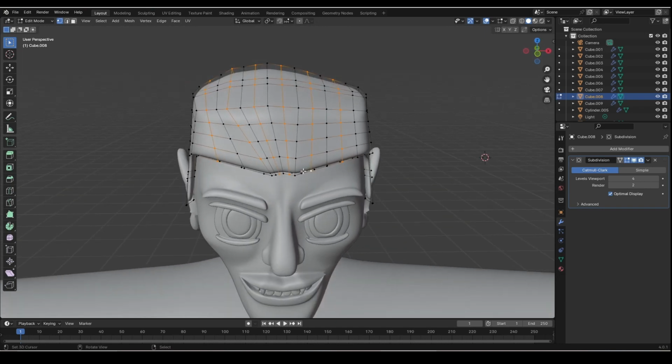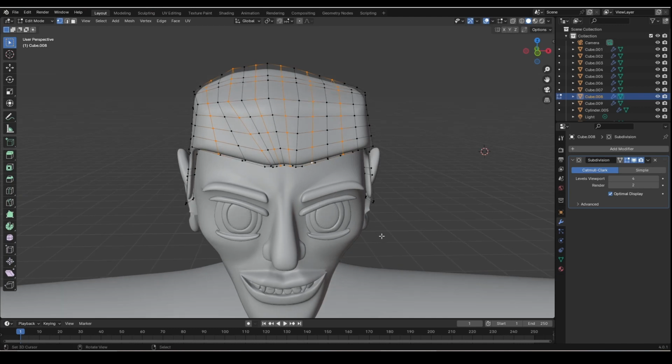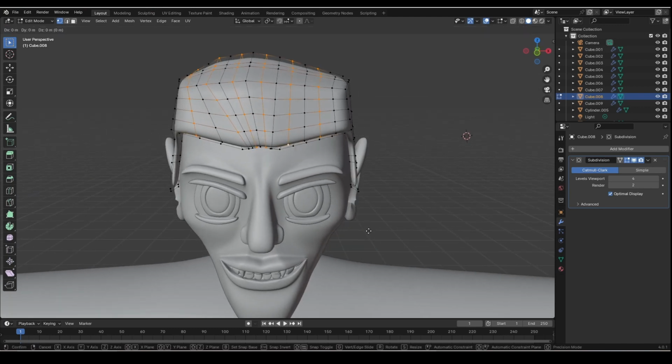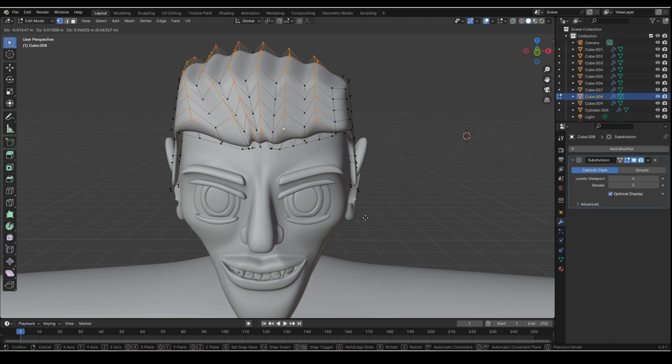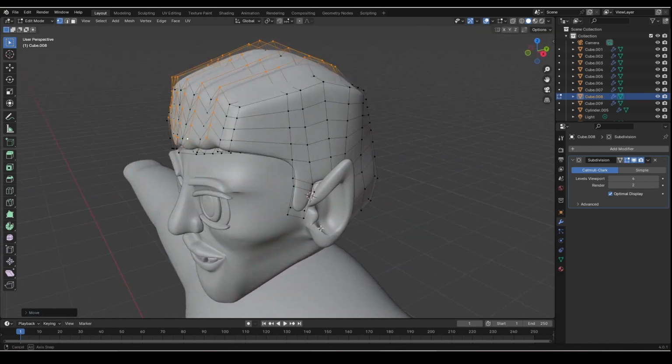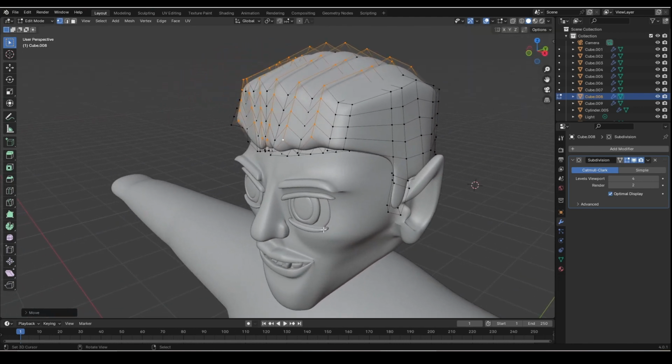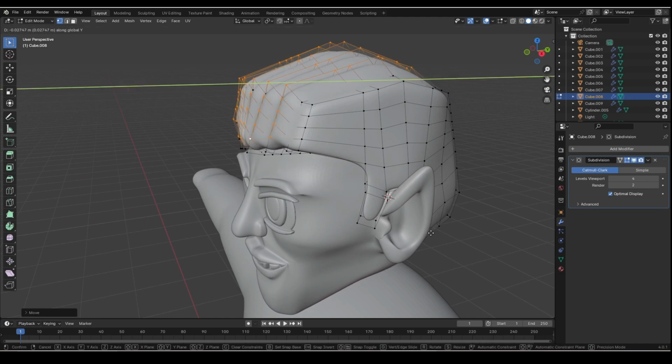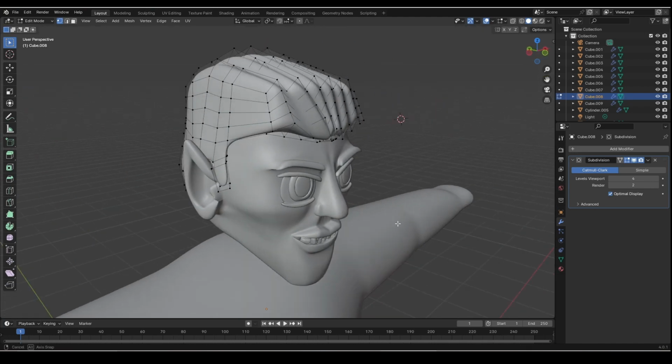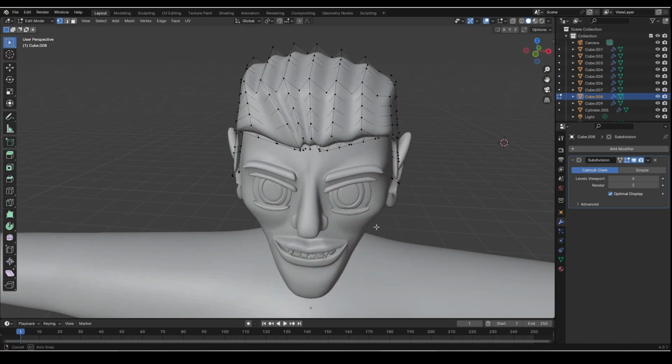And then once we have a group done, we're not going to grab along any specific direction. We're just going to hit G and pull it up. Okay, and we're going to create that division. And then what we can also do is G Y, and we can pull that forward a little bit. And we're just going to get that